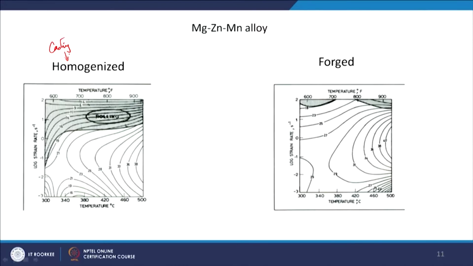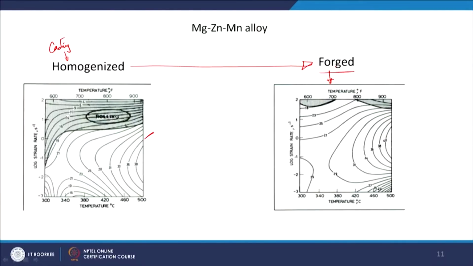Okay. But still the dendritic structure will be there, and with that kind of as-received material you have done different tests, okay, to measure the stress and strain as a function of strain rate, and from there you have developed this processing map. Okay. This one is the same material after homogenization, which you have forged. Okay. So, now this is forged first, and then you have again done the same kind of test as you have done here. Okay. Compression test. Okay. Measured stress at different strain rate and temperature. Okay. And from there you have generated the processing map.